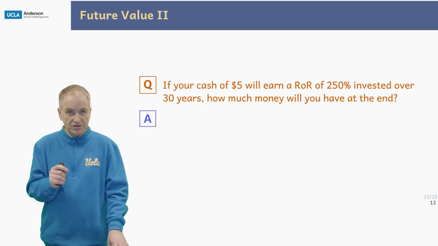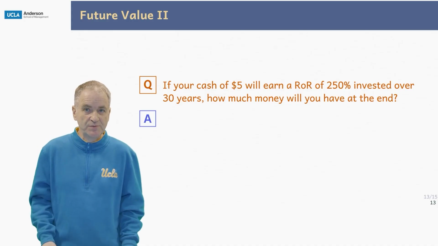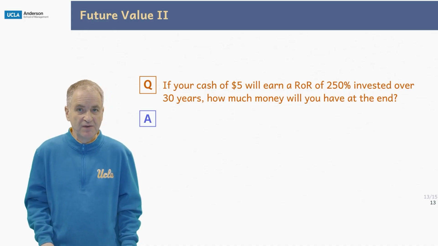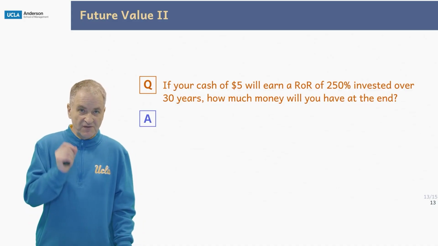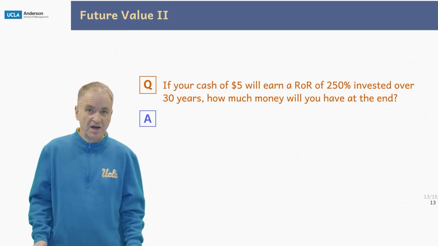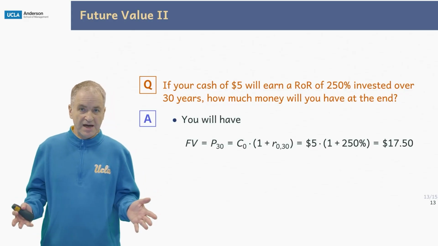If your $5 will earn a rate of return of 250% invested over 30 years, how much money will you have at the end? The 250% is not per year. That's invested over 30 years total. You get 250%. How much money will you have at the end? You will have